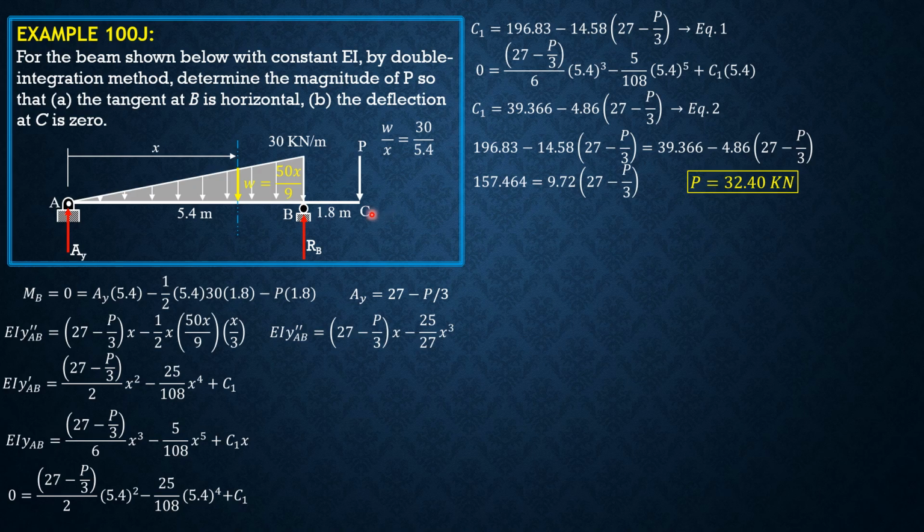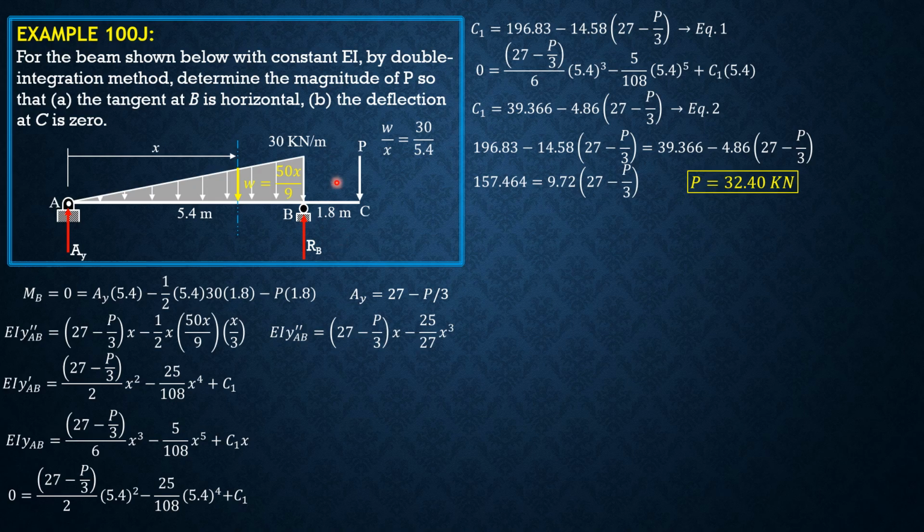Then we proceed to the second condition, that the deflection at C is 0. So for the first condition, for the tangent at B to be horizontal, P is 32.4. And for the second condition, the deflection at C is 0. So we will establish